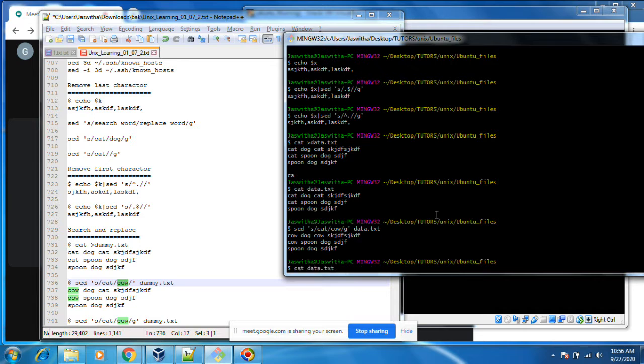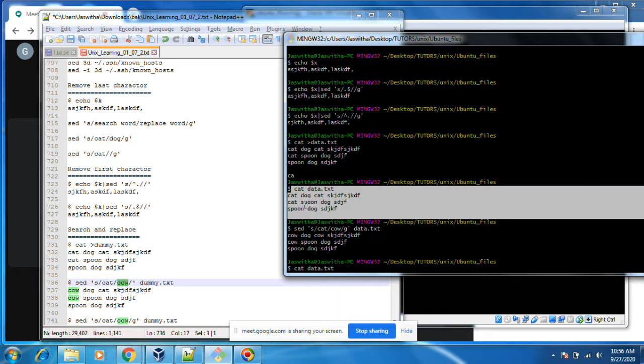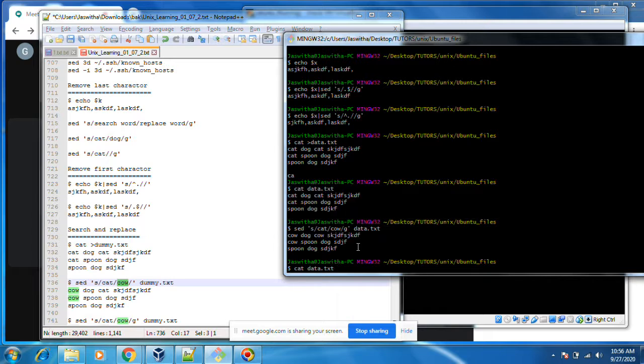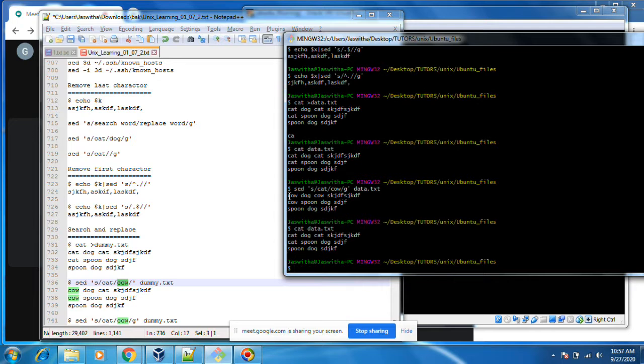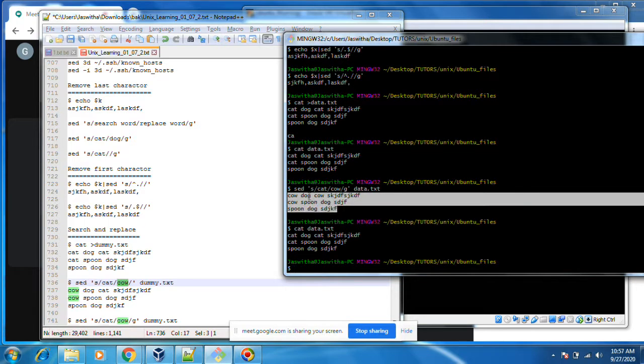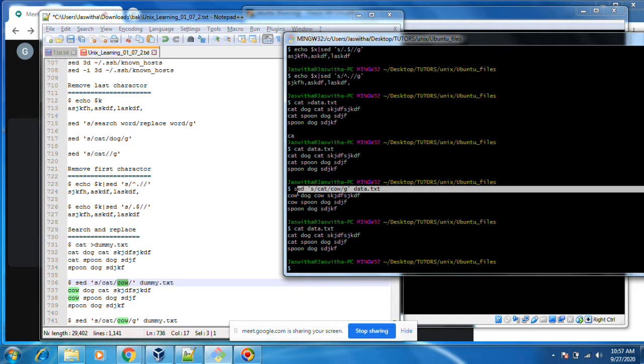If I do cat data.txt, let's see whether this output or that output comes. See, the replaced output is not there when using this command. It will only show the output. If you want to edit the file, then you need to use the -i option.